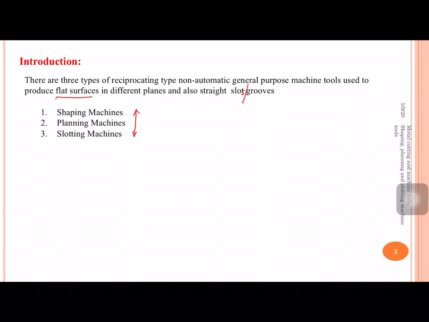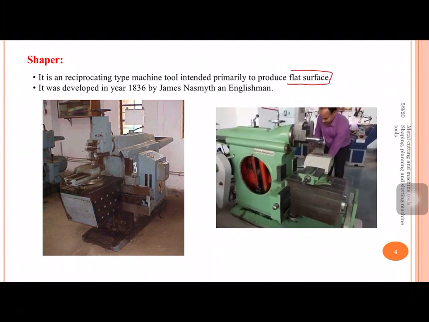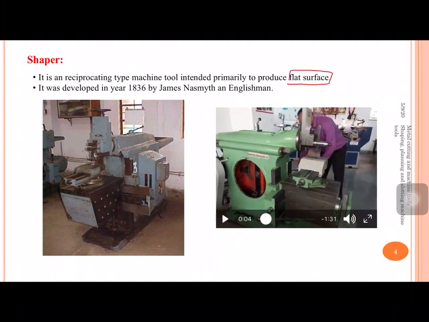First, let us start with the shaping machine. The shaping machine is a reciprocatory type machine tool which is primarily used to produce flat surfaces. Here in this video I would like to show you how exactly the shaping machine works. The mechanism utilized in this shaping machine is the crank and slotted lever mechanism, which is a quick return mechanism. Quick return mechanism means the time taken for the forward stroke, which is the productive stroke where the machining can be done, is more than the return stroke. The return stroke is a non-productive stroke.